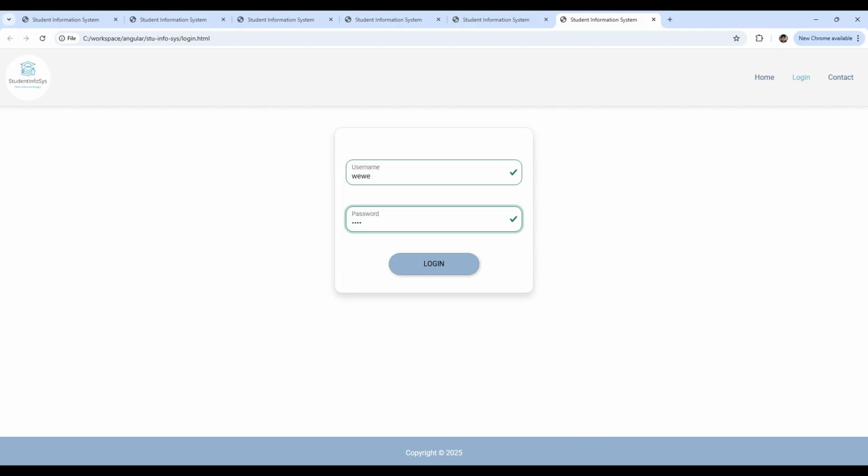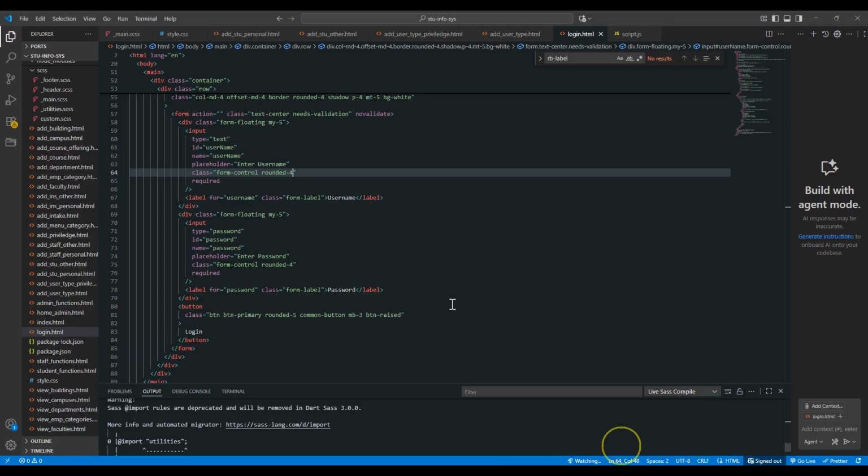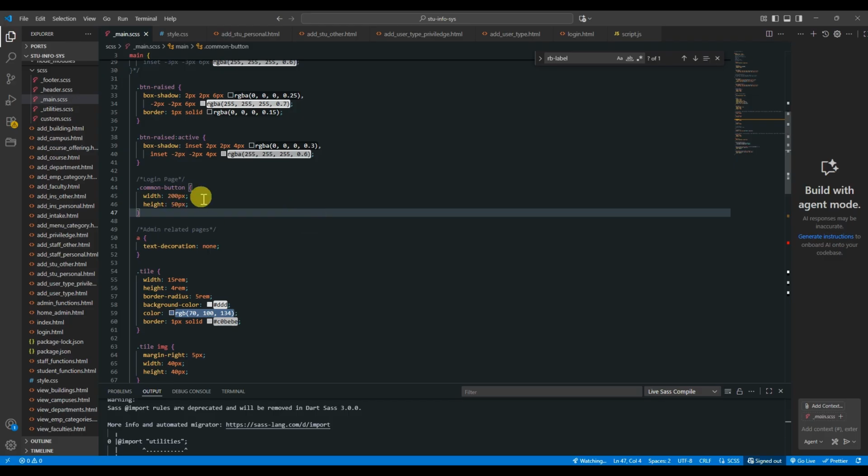I will remove these check marks and exclamation marks from the login page, only the login page. So let's see. If I go to this main.scss, I have a comment here, rules for login page. In there, I'm going to add a new rule,